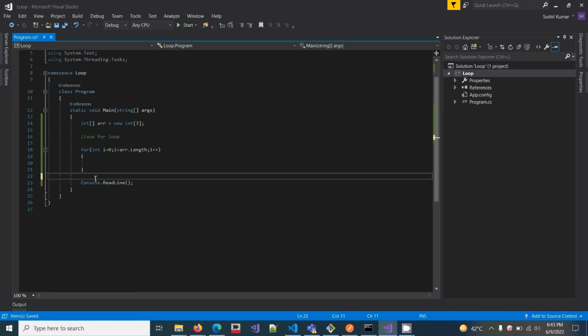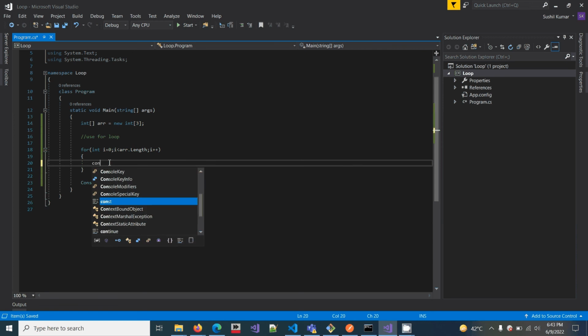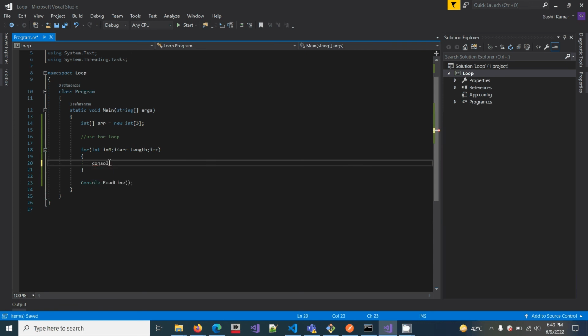Array collections store data from index 0, so we run the loop from index 0. So I initialize 0, then print. The value we want to print with Console.WriteLine, which I discussed in the previous lecture. WriteLine is used to print a value or message.